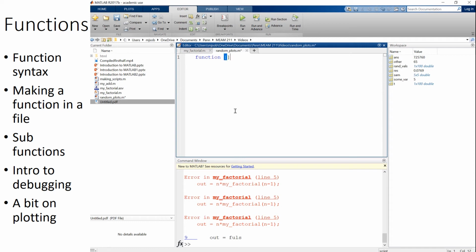This function has no outputs, so I'm going to put empty braces. And then give it the same name as the file name. And we'll just say that all we want to take in is the number of plots to make. And now what I need to do is actually go ahead and do this plotting some number